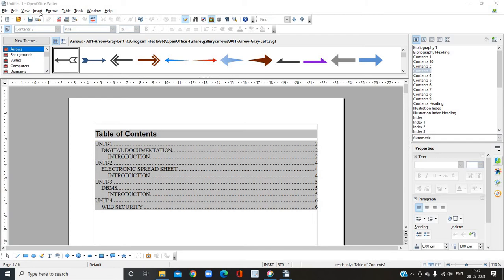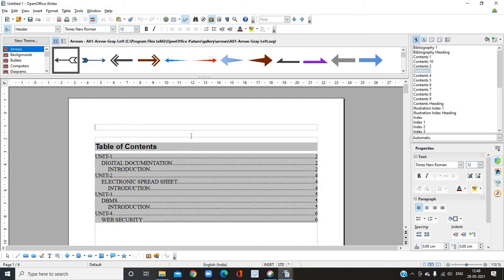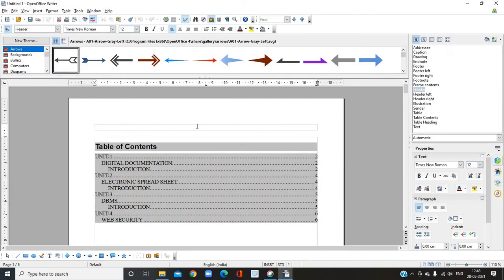In the menu bar, click on the Insert menu. Here you can see multiple options. Click on the header option, click default, and the header will be inserted here. In the header position, you can insert the date and name of the student, whatever you want to insert.